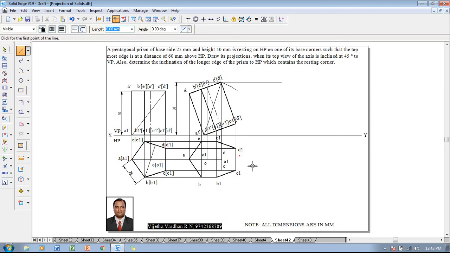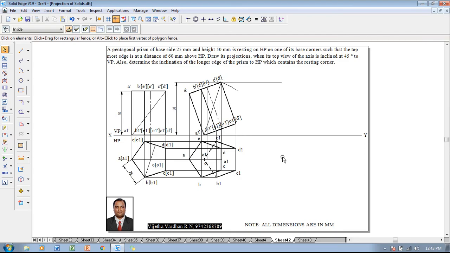After completing the boundary, what is the next step? Identify the visible base and make the rest invisible edges. So the visible edges are A, B, C, D, E. Whatever these edges, that is A to B, B to C, C to D, then D to E, are going to be the visible edges. Then the base edges which are not visible should be represented by a hidden line. So now we will go to the dashed lines. Then the base edges which are not on the boundary for the bottom base, that is A1 to B1 as well as E1 to A1, are going to be the invisible edges,